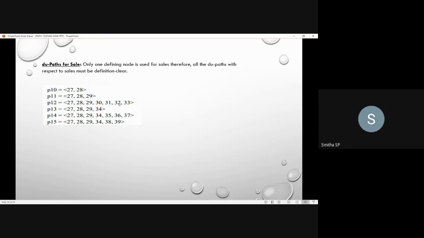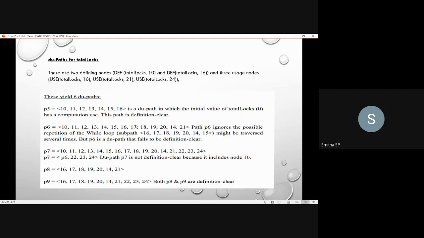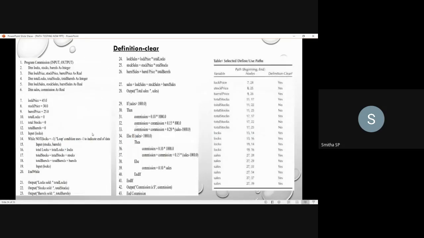Next, 30, 31, 32, 33. The next usage is at node 33, and the 33rd node is for the remaining sales calculation. 1800 is the sales range you have given for the 15%. Above 1800, you will be making use of this sales to get the difference, that is, the leftover sales.